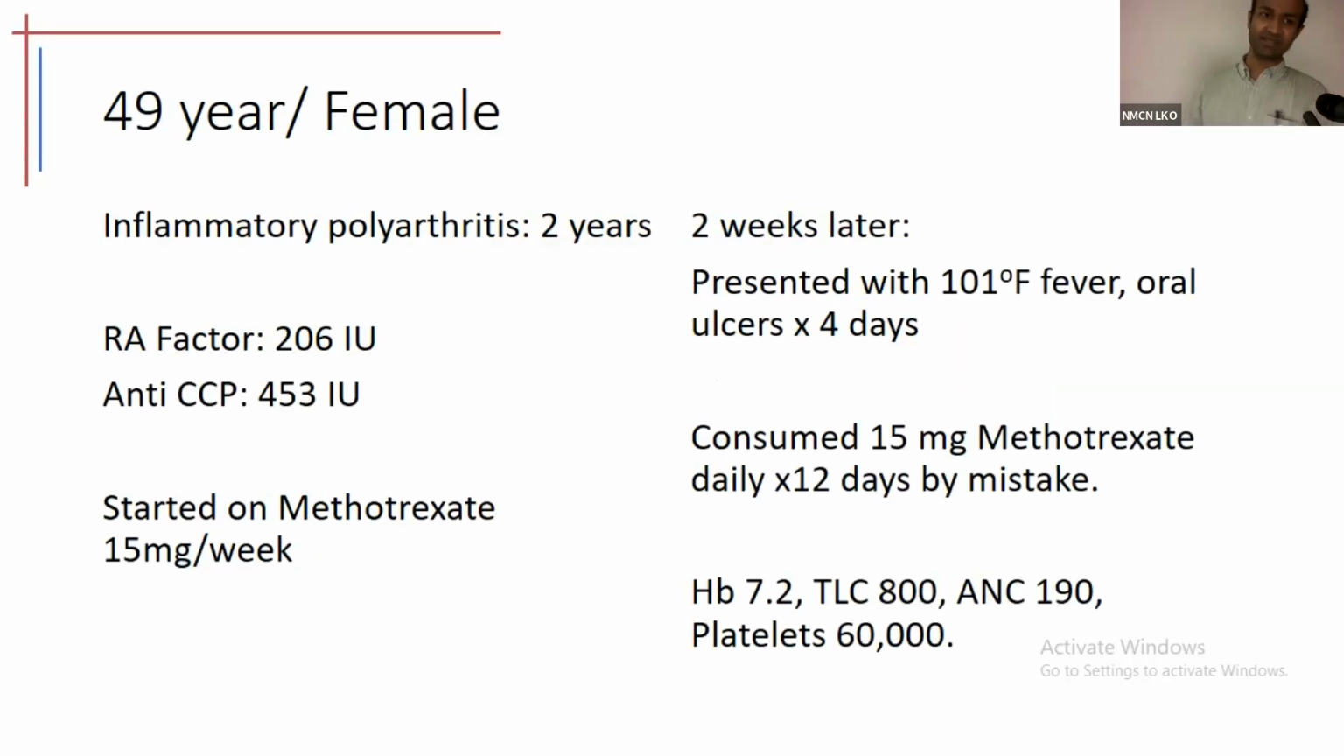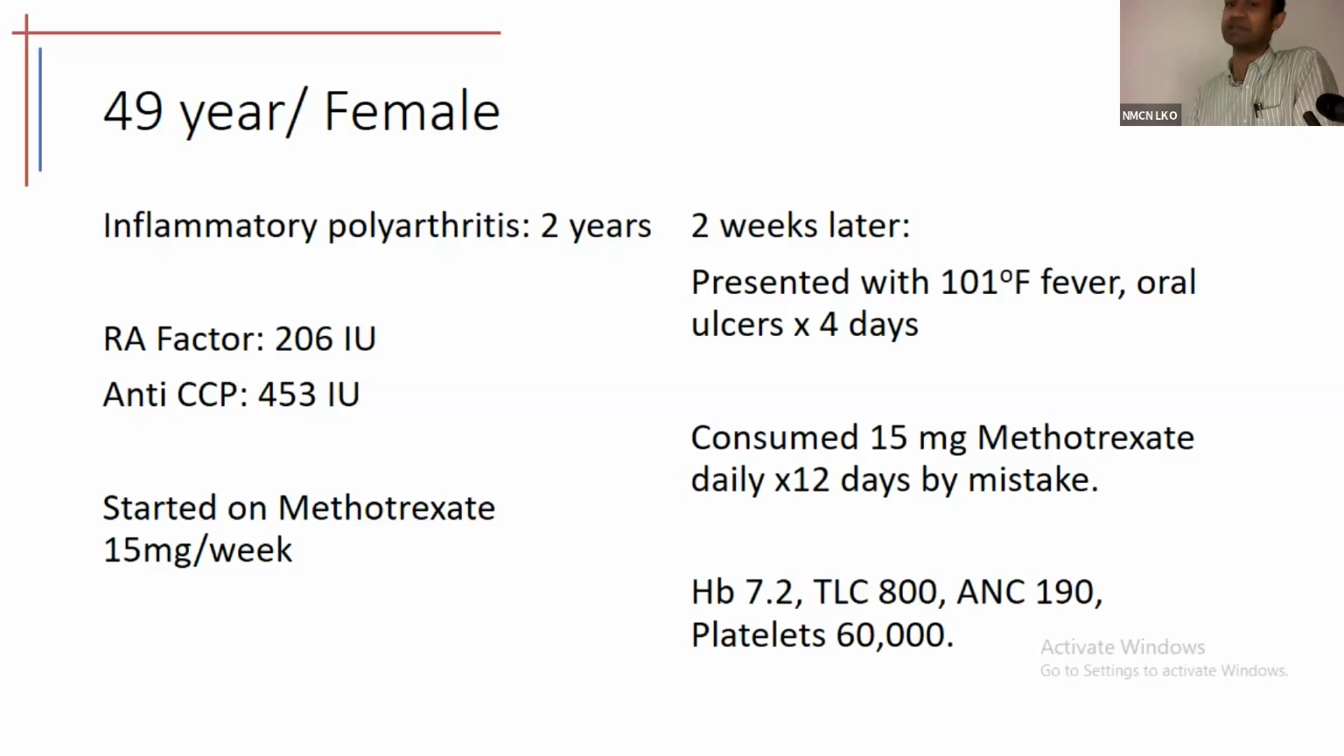The second patient, this is again very common in the rheumatology ward. We have a 49-year-old female with inflammatory polyarthritis for 2 years, diagnosed rheumatoid arthritis with RF and anti-CCP positive. She's been started on methotrexate recently, 15 mg per week. 2 weeks later, she comes to the OPD with fever, 101 degrees Fahrenheit, with oral ulcers for 4 days. She shows you the blister pack of methotrexate, and all 12 that were given for 3 months have been consumed in 12 days. She's taken it daily by mistake,